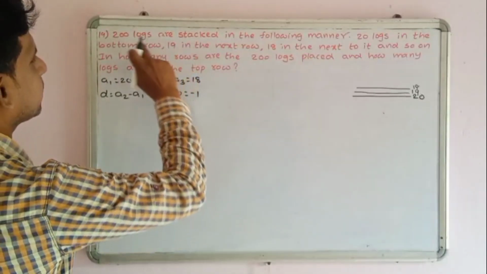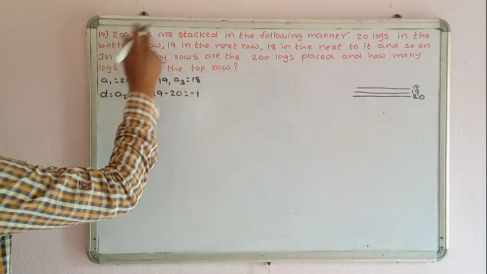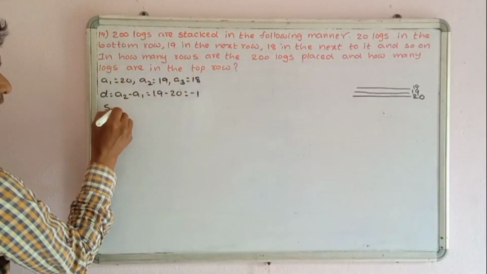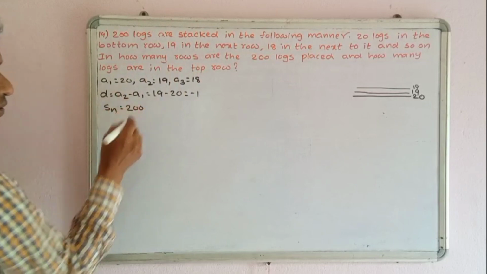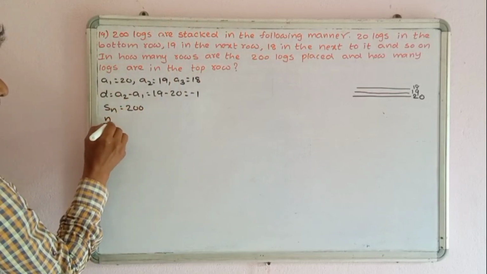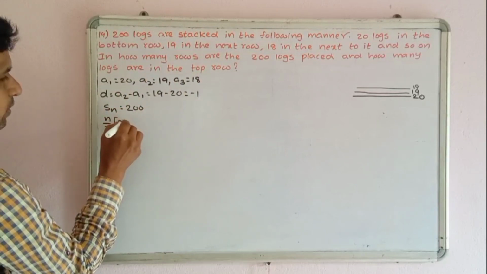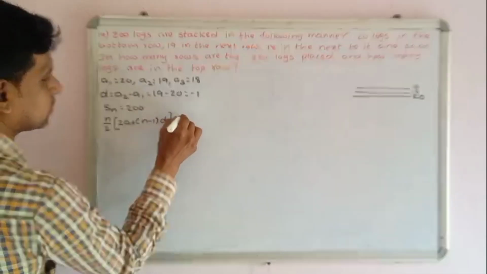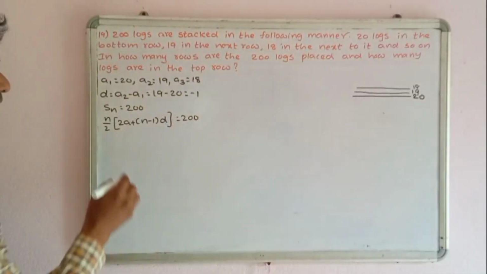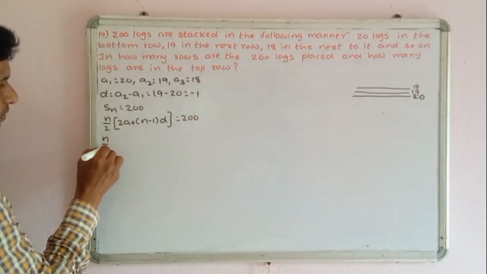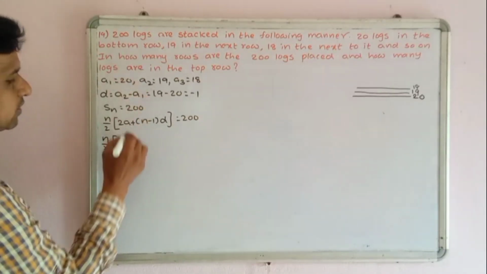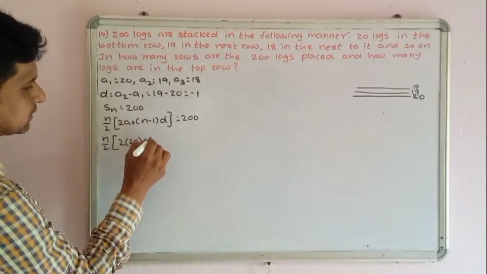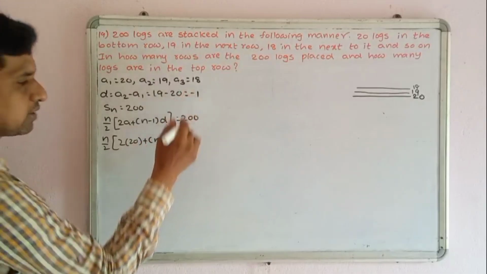Also Sn is given as 200, since 200 logs are stacked. The Sn formula is n by 2 into 2a plus n minus 1 into d equals 200. So n by 2 into 2a, where the a value is 20, plus n minus 1, where the d value is minus 1,